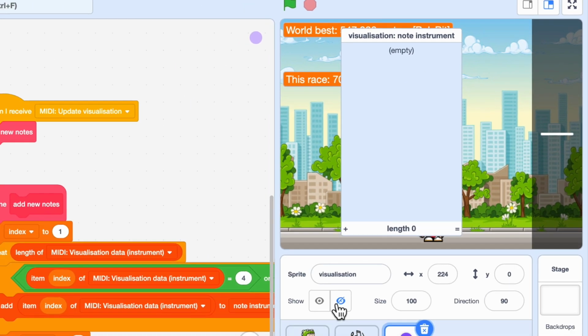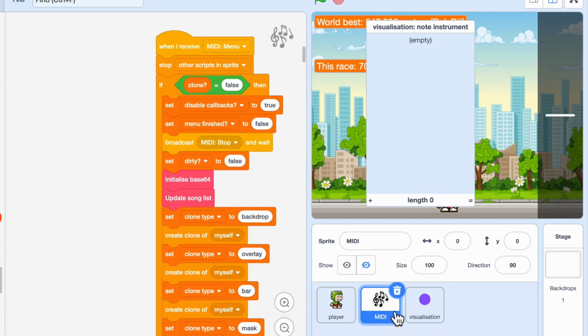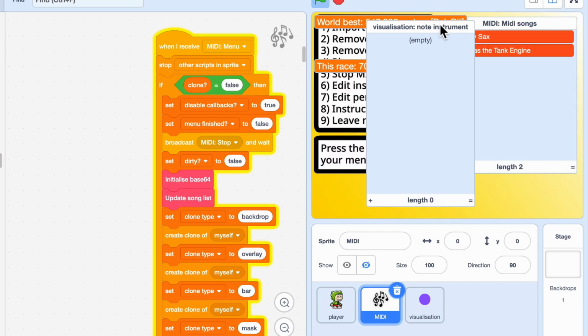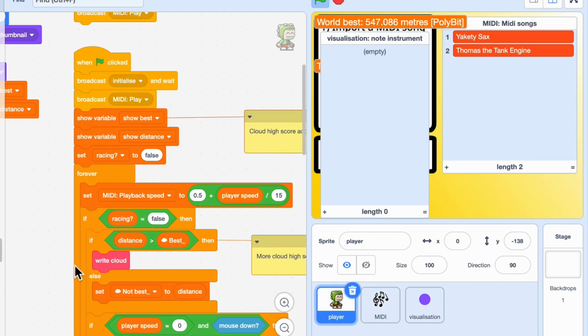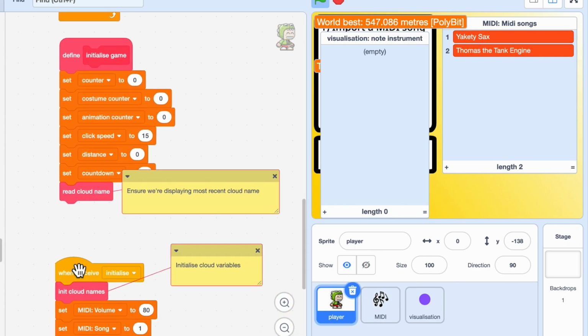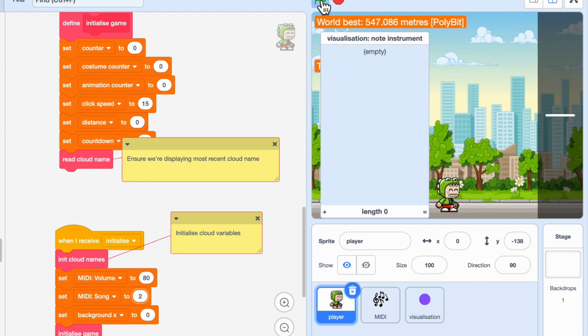If I were playing the correct piece of music, which I'm not, because in the MIDI block I've actually got 2 songs. I've got Yakety Sax, which is the original one, and Thomas the Tank Engine. So I want to be playing song number 2 now. So let's go back to the player. In his initialization code, he's setting MIDI song to 1. I want to change that to set MIDI song to 2. And now when I run it,